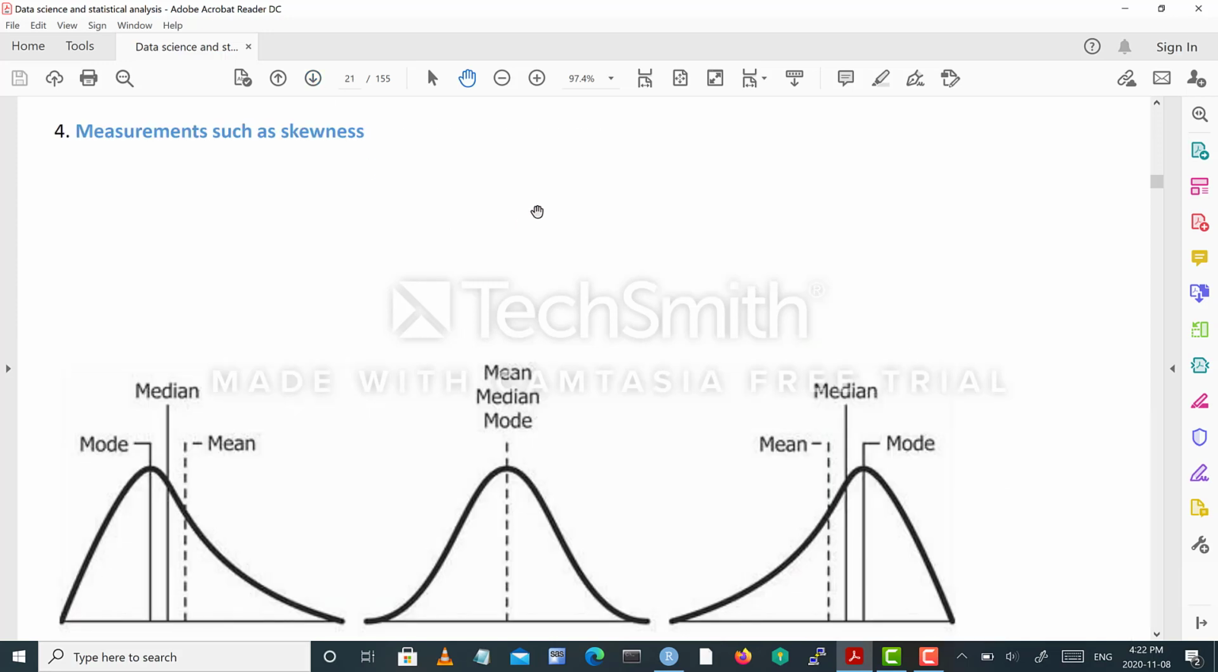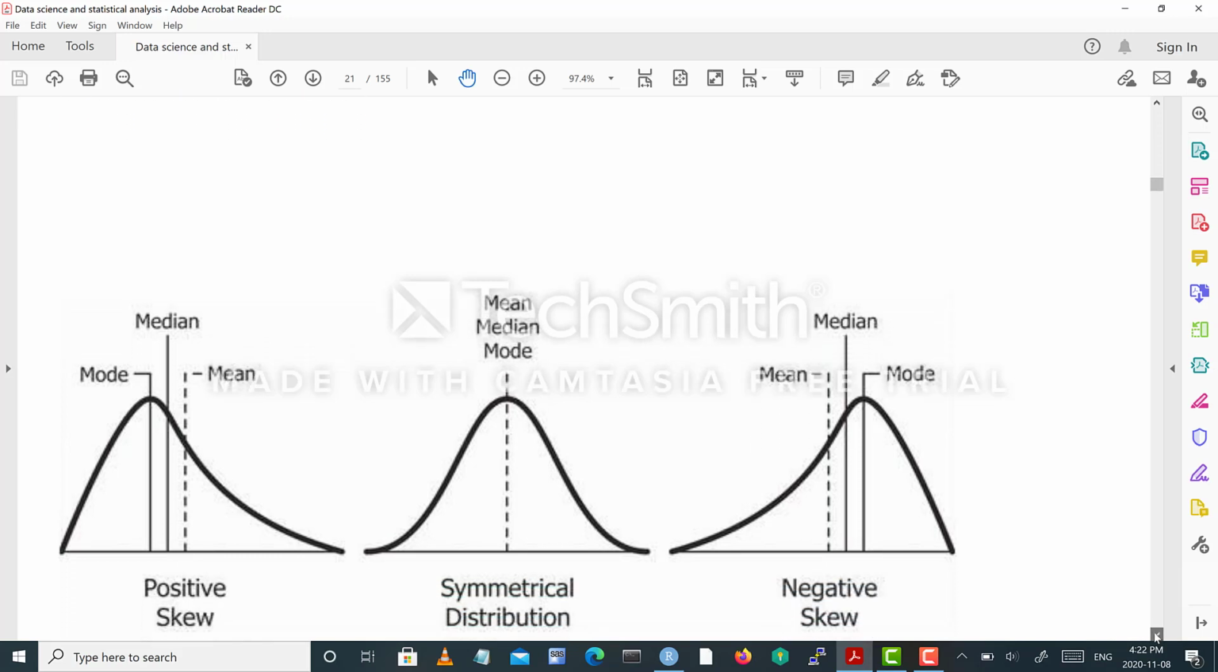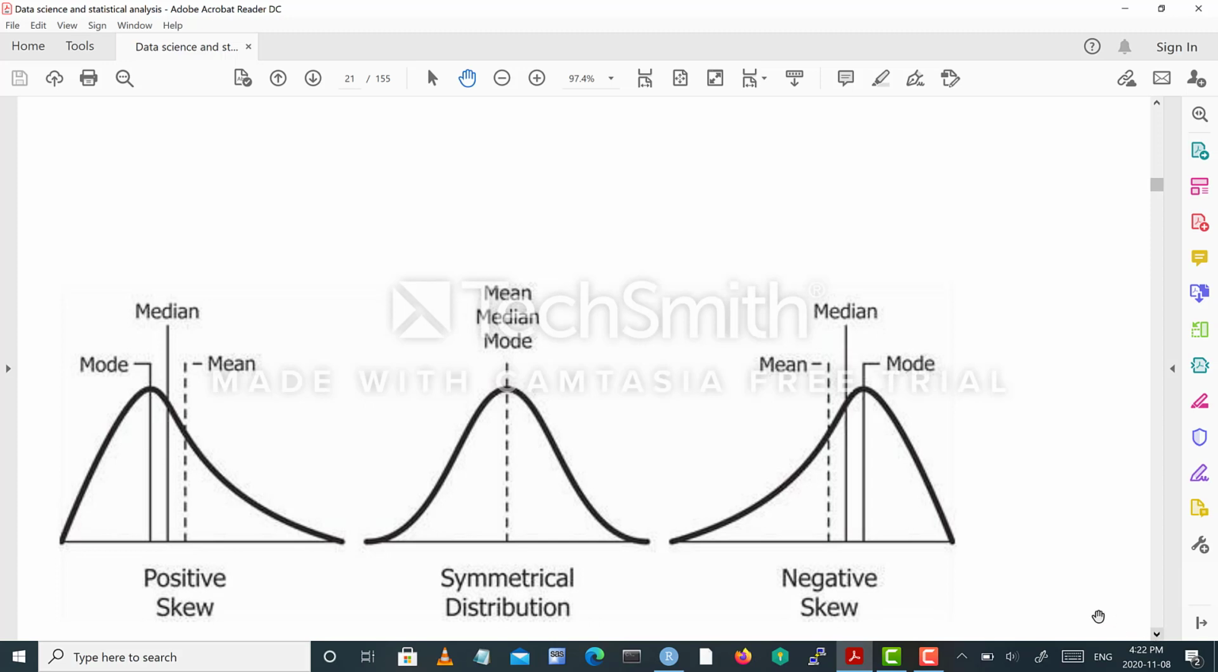Measurements such as skewness. We have here 3 plots of a bell curve. On the left-hand side, we have a curve which is skewed to the right, meaning that it has a positive skew, and in this case, the mode is less than the median, and the median is less than